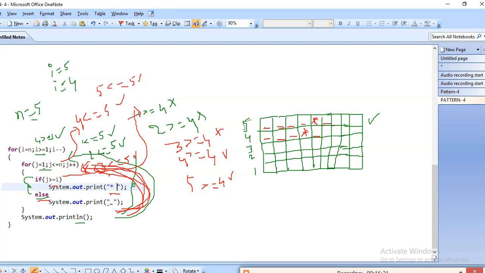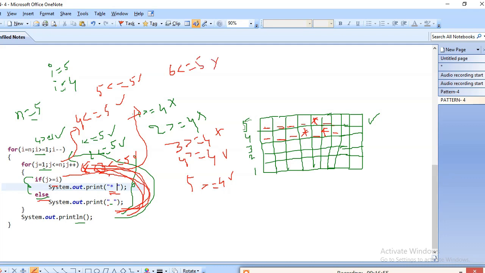And again check the condition, 5 greater than or equal to 4, the condition is true. If the condition is true, again it will print star and space in this position. After printing, the j value is incremented to 6, so again check the condition, 6 less than or equal to 5,